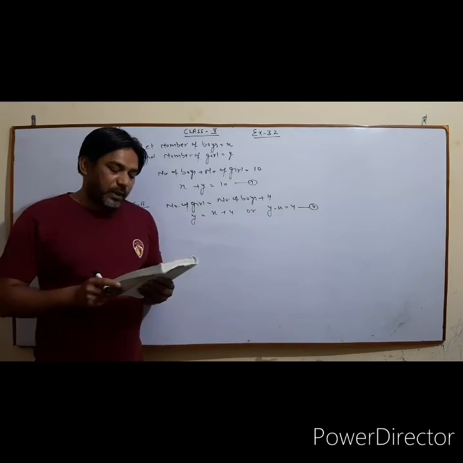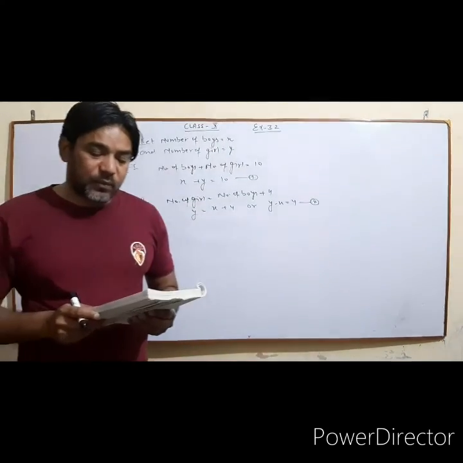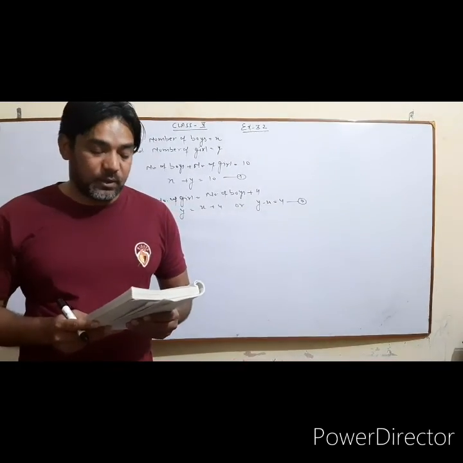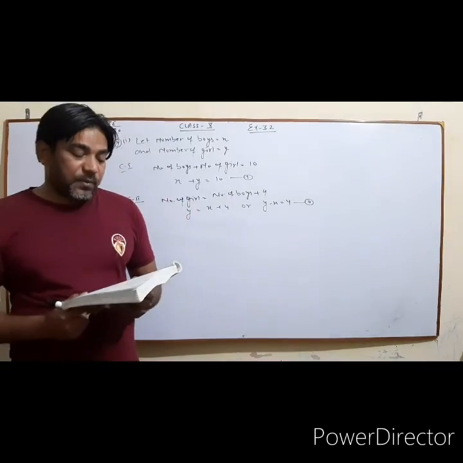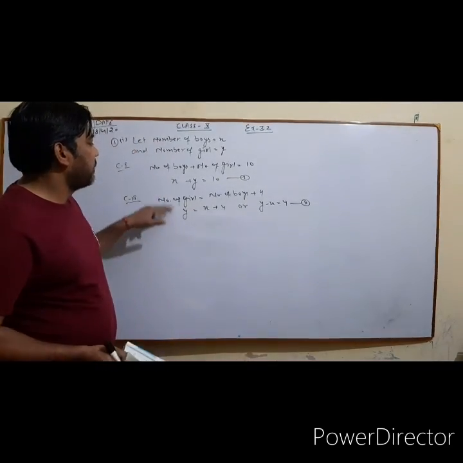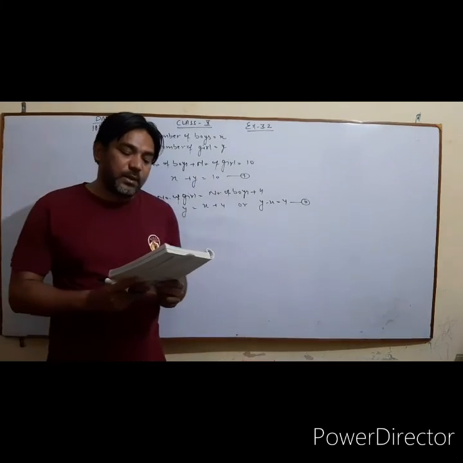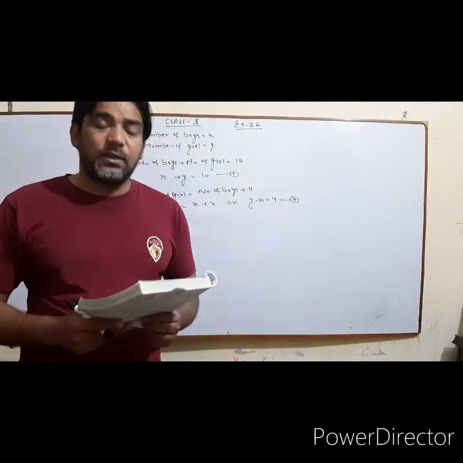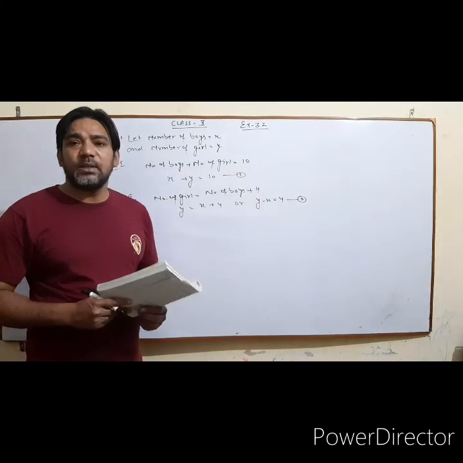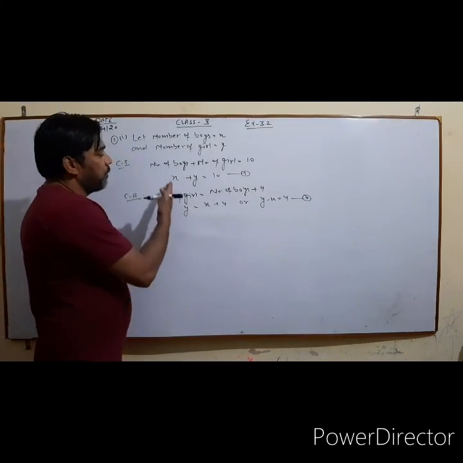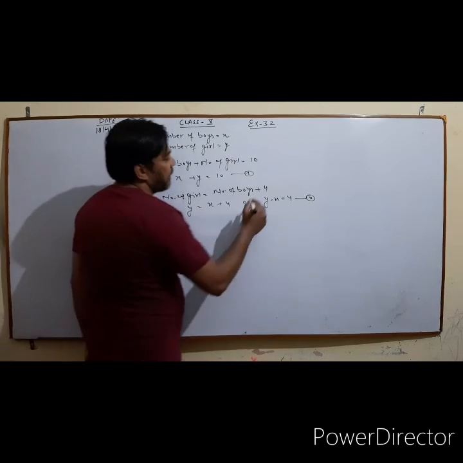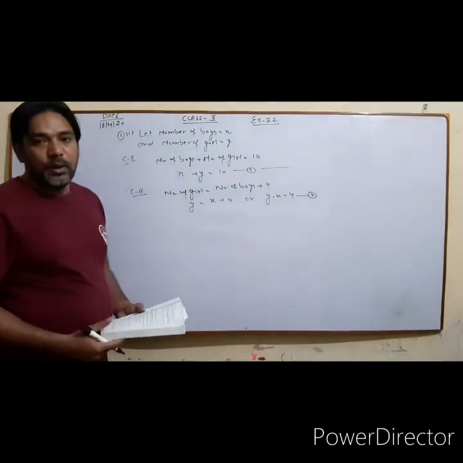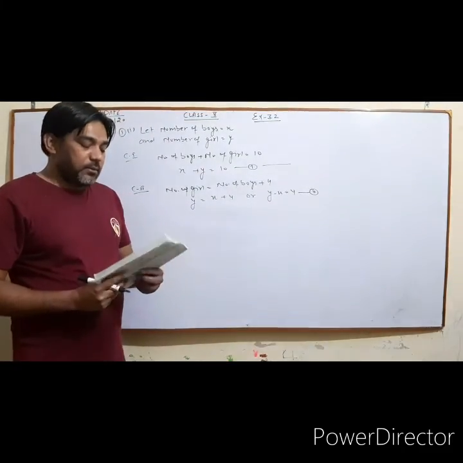Getting? Afterwards, what is it? Find the number of boys and the number of girls who took part in the quiz. Second thing, we need to find the number of boys and number of girls. So what is the statement of question number 1? Form a pair of linear equations. We have formed the two equations, and afterwards he said, find their solutions graphically. So first of all you have to draw the graph by finding two coordinates of equation 1 and two coordinates of equation 2, and then you have to plot the graph.